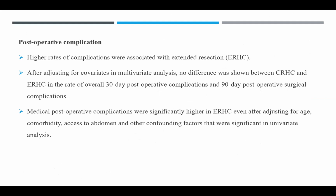Coming to post-operative complications, there were higher rates of complications when associated with extended resection. After adjusting for covariates in multivariate analysis, there was no difference shown between conventional and extended right hemicolectomy in rate of overall 30-day postoperative complications and 90-day postoperative surgical complications. But medical postoperative complications were significantly higher in extended right hemicolectomy, even after adjusting for age, comorbidity, access to abdomen, and other confounding factors that were significant in univariate analysis. But